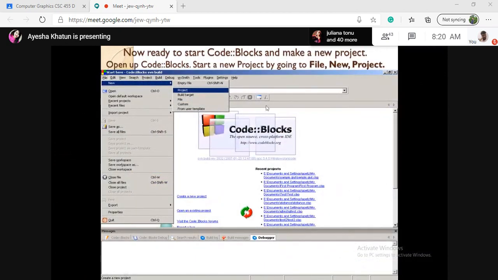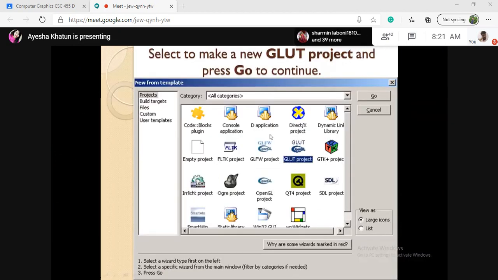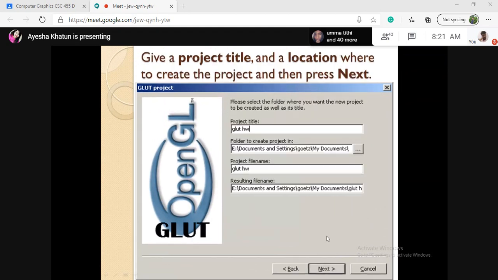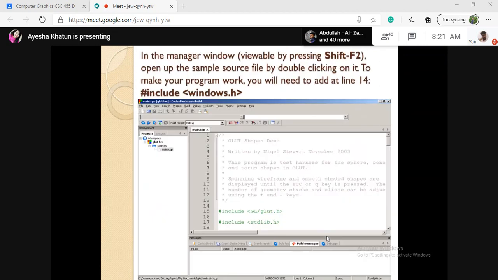After that, you start your work in the IDE. You start with the empty project. Then you choose new project, and then the GLUT project. Then, just like some other software installation, you give the project title, and finally it will be installed.